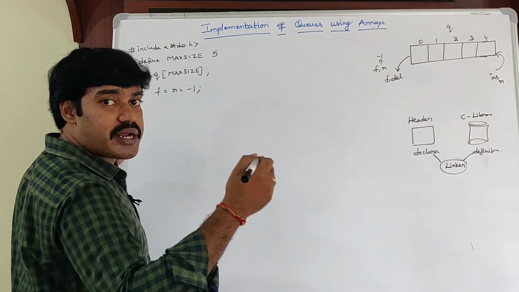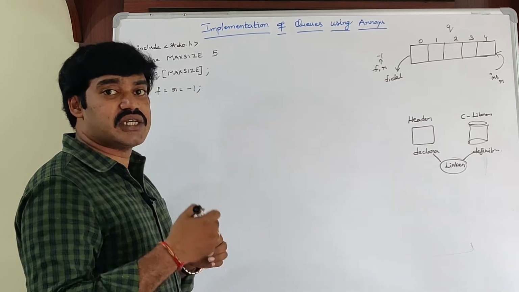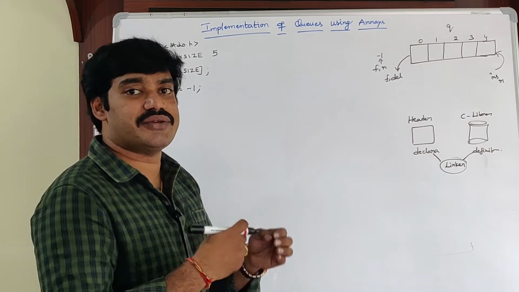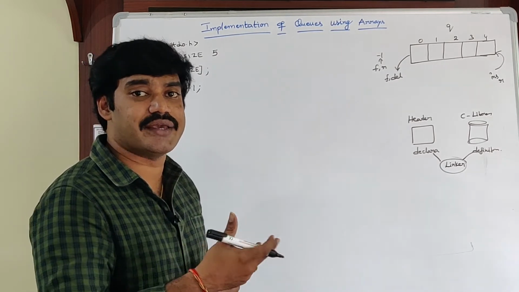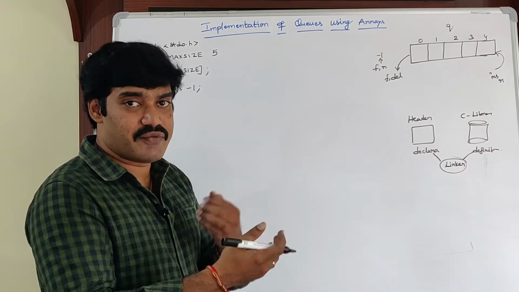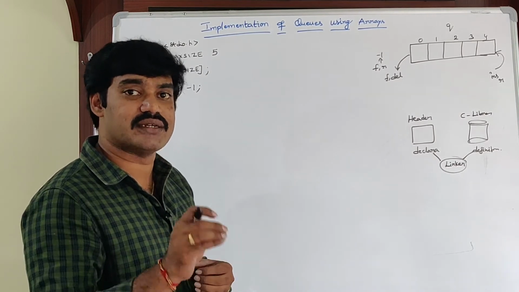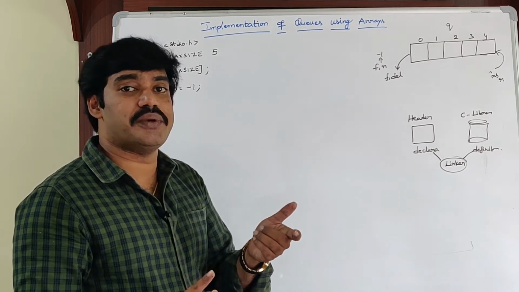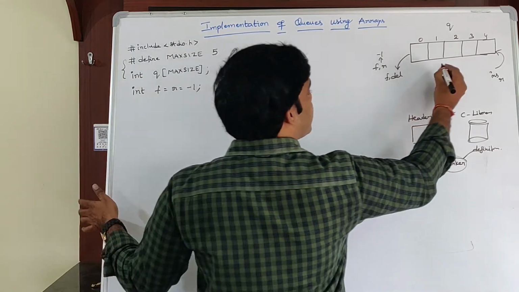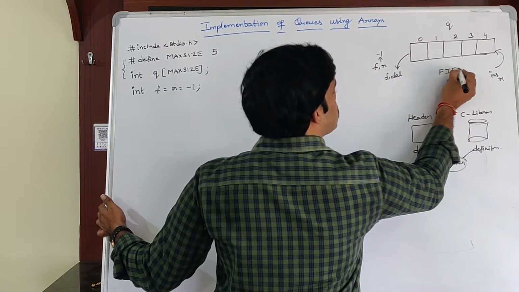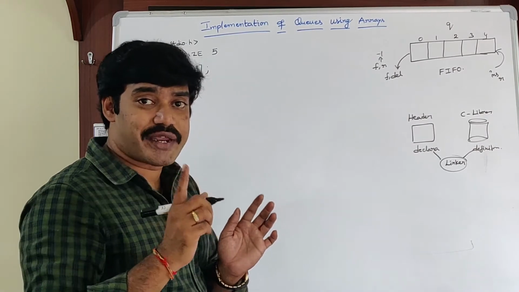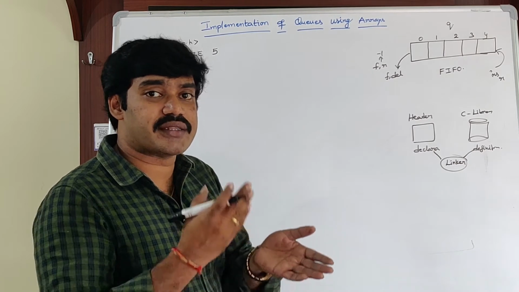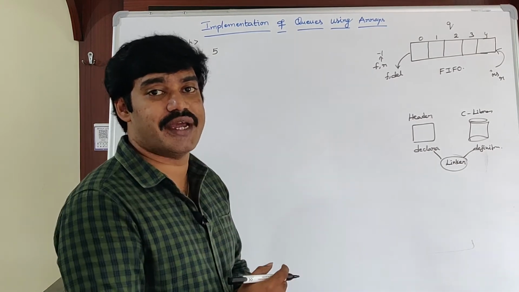Next, what are the operations of queue data structure? Insertion or NQ, deletion or DQ. Insertion means inserting an element into the queue data structure, which is also known as NQ. Deletion means removing an element from the queue data structure, which is also known as DQ. Which element is to be deleted? The first inserted element is to be deleted first. That's why the principle of queue data structure is first in, first out, or the element which is pointed by the front pointer is to be deleted first. Why? Because front is a variable or pointer that always points to the first element of a queue data structure.